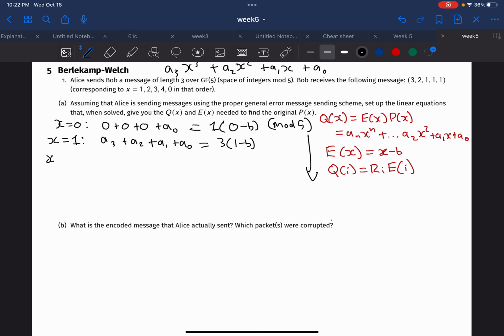At x is equal to 2, plugging 2 in, 2 cubed is 8, and 8 mod 5 is 3. So 3a_3 plus 2 squared is 4, so 4a_2